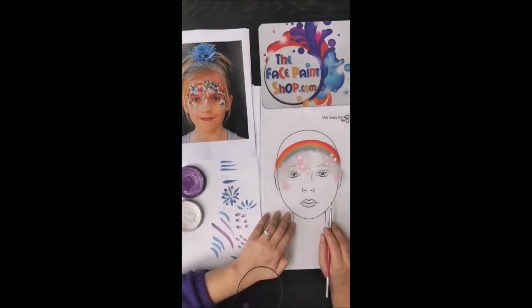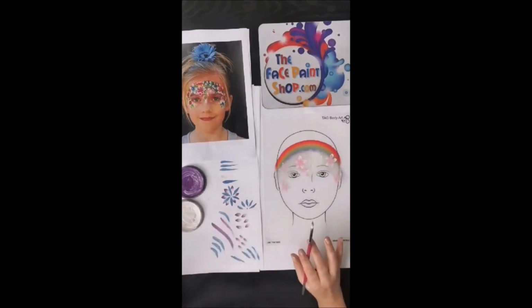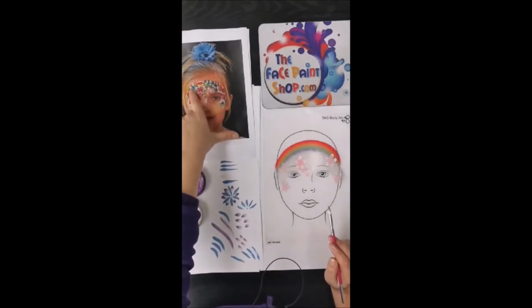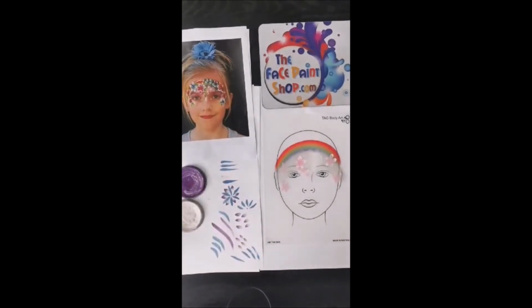Okay, that looks like all my pinks. Beautiful. All right. Now we've got these blues happening, which are really, really pretty. Any questions so far? Okay, so I'm just going to rinse off my pink, and we're going to do the exact same thing but